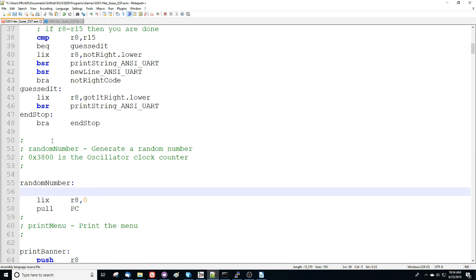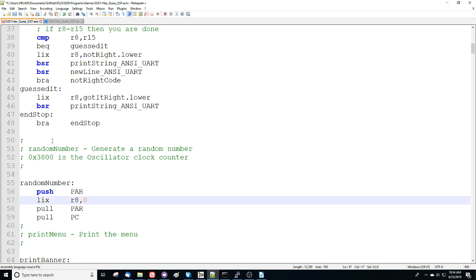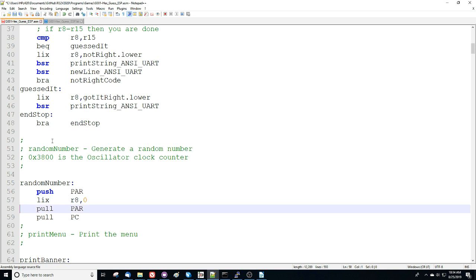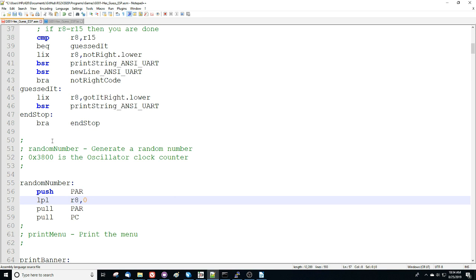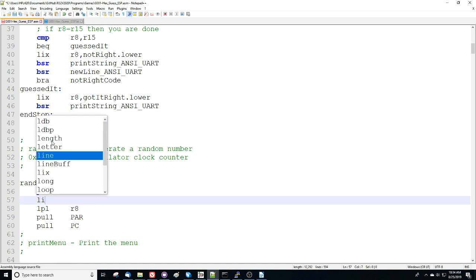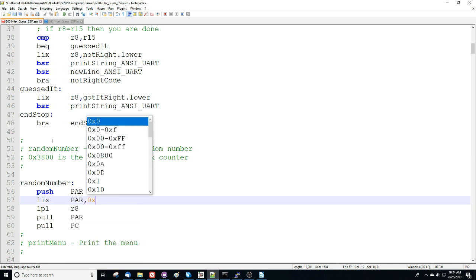So how do we read that? Well, we're not using the peripheral address register, but we'll push it anyway and pull it after the end just to make a safe function. And basically, instead of loading R8 with 0, we want to load R8 from the peripheral address. So it's load peripheral long from R8 into R8. That'll go and read the PAR, which we have to set first. So let's do a load immediate extended peripheral address register 3800,